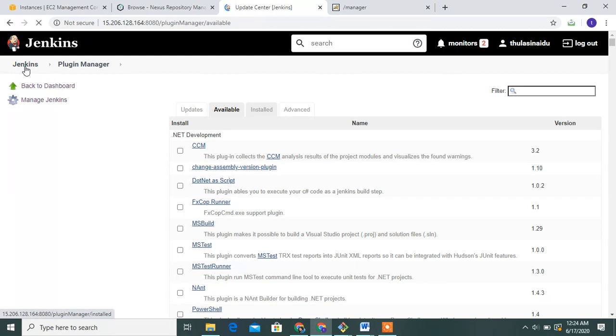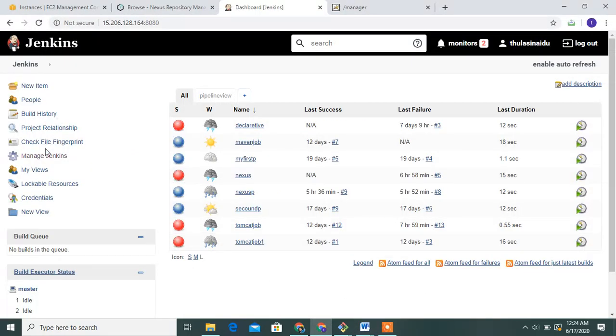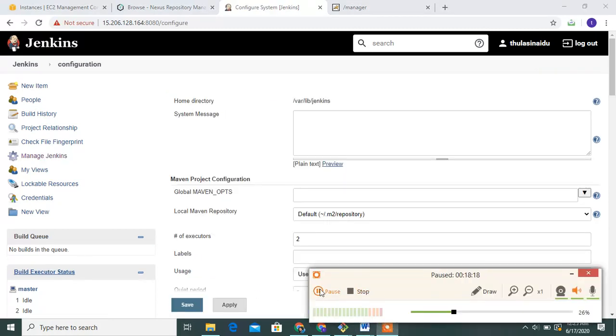How to configure the Nexus repository in Jenkins. How to configure the Nexus server in Jenkins. Go to manage Jenkins, under configure system, open the configure system.